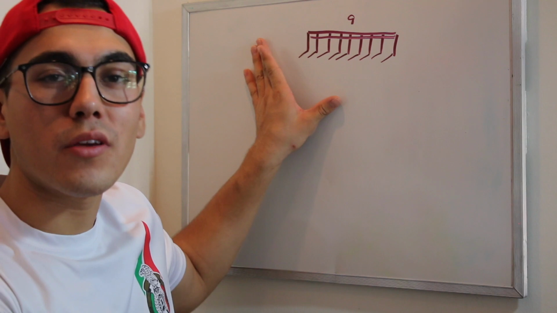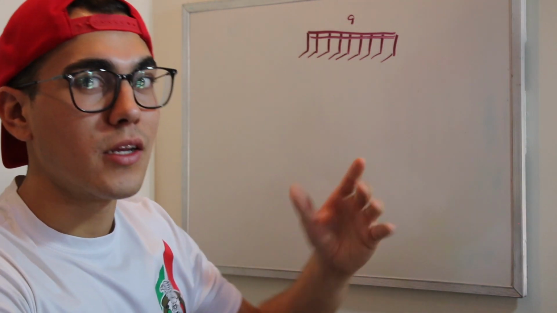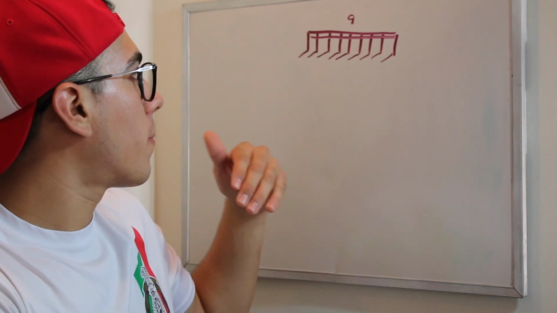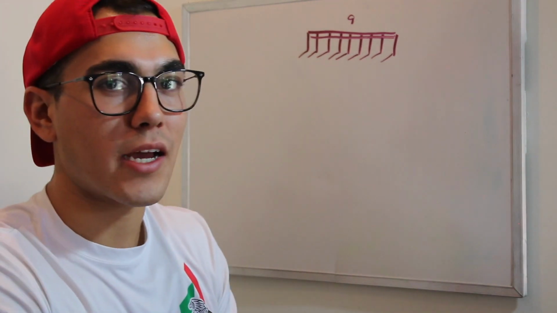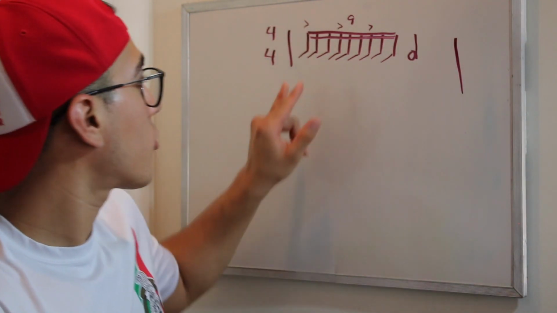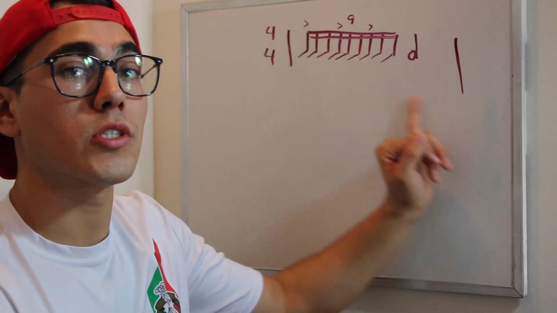And a lot of kids who are barely learning to read and play music look at this and they get really freaked out and they get really scared. That was definitely me when I was first learning. And the best way that I can tell you guys to break it down is to break it down in chunks of 3. You have groupings of 3, and then you have a release note, which is a total of